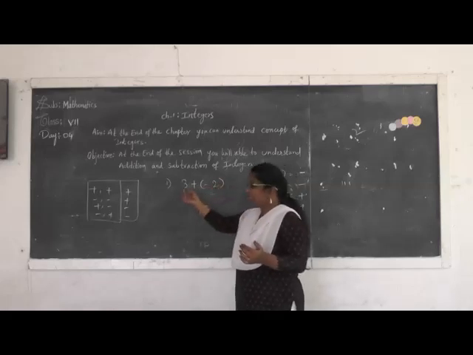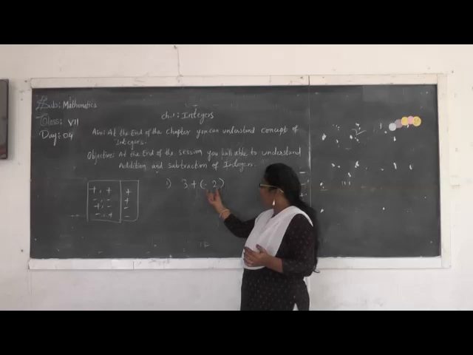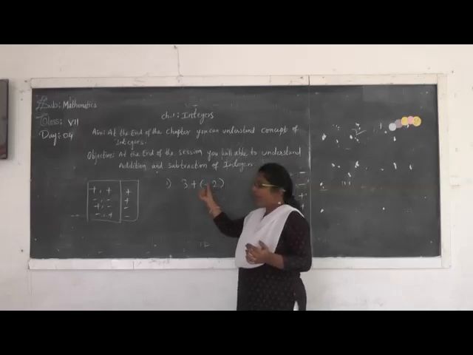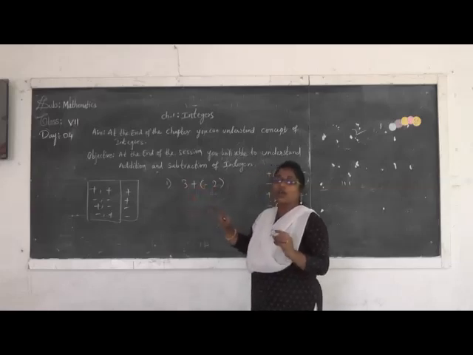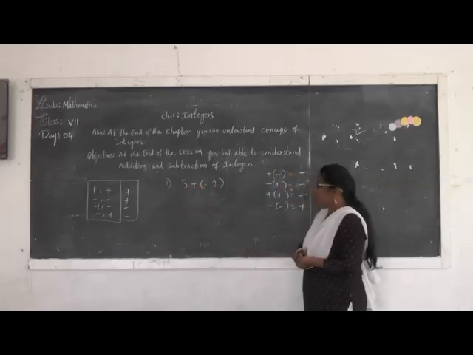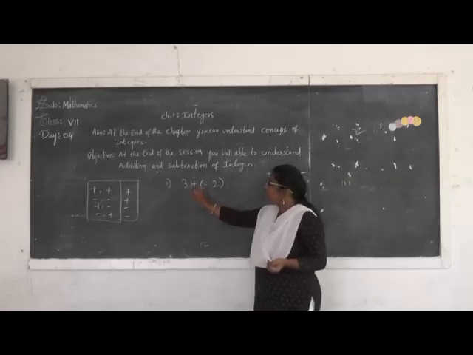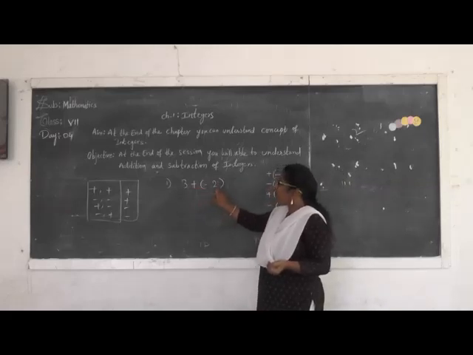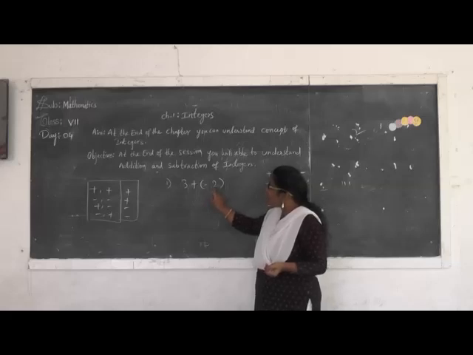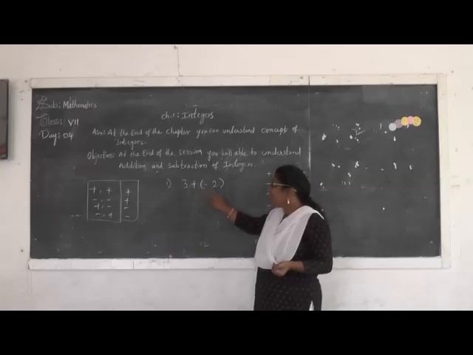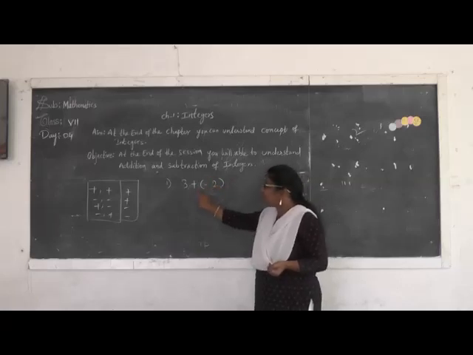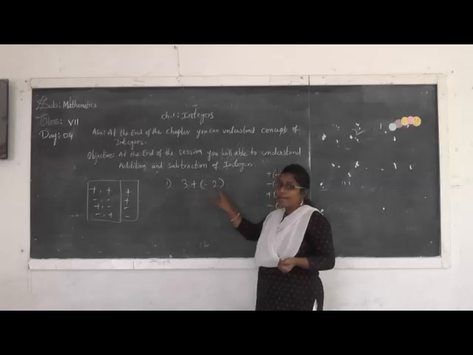This is nothing but 3 is a positive integer and I am adding to 3 a minus term. For 3 we are adding the minus 2. So how will we get the result? Now first, if you observe here, 3 plus of minus 2. This is minus 2 because before the numerical term there is a minus, and this other one is the operation between these two terms. Understand? Don't be confused with these two symbols. This is the negative, it indicates it is a negative term, and this is the operation between 3 and minus 2.